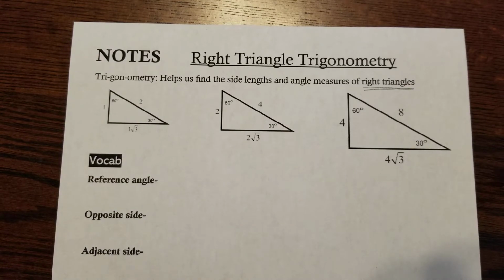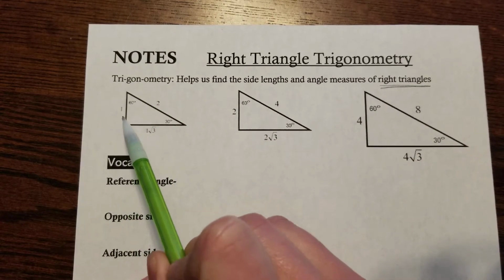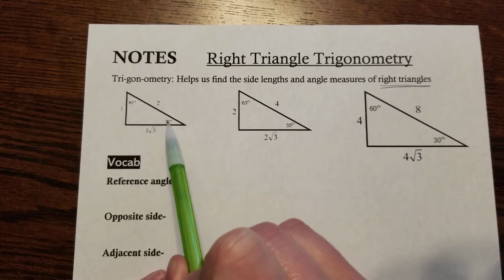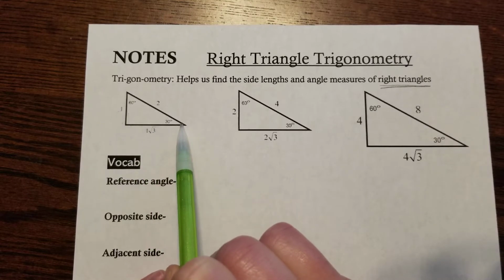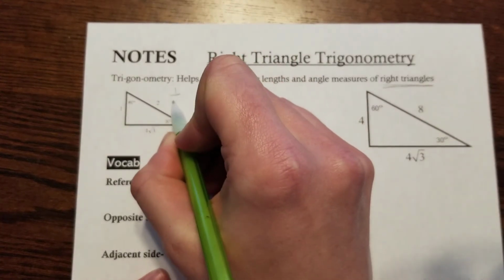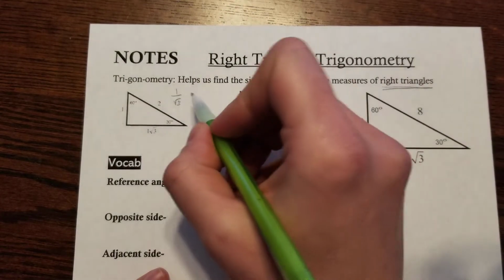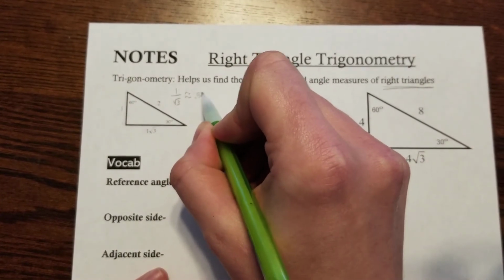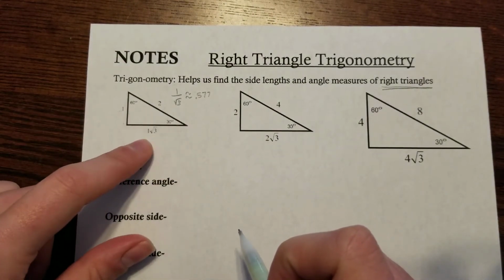So trigonometry involves ratios. So a ratio is just a comparison of two or more things. So we're just going to be comparing two sides. So for my first picture here, I'm going to compare this side right here, the 1, which is across from my 30-degree angle, and I'm going to compare this root 3 to it, which is next to my 30-degree angle. So if I write that as a ratio, that would be 1 over root 3. Now, if I type that into my calculator, we're going to get approximately 0.577. So the ratio of this side, which is across from 30, and the side that's next to the 30